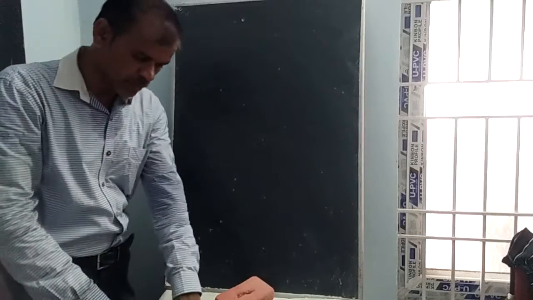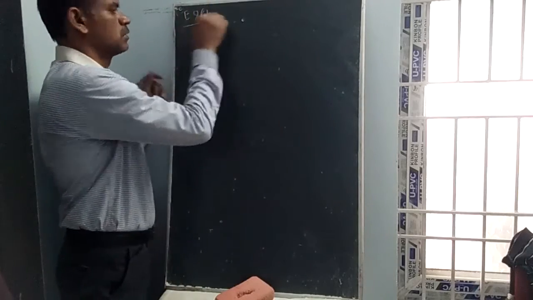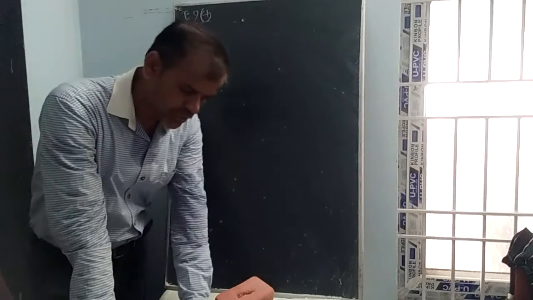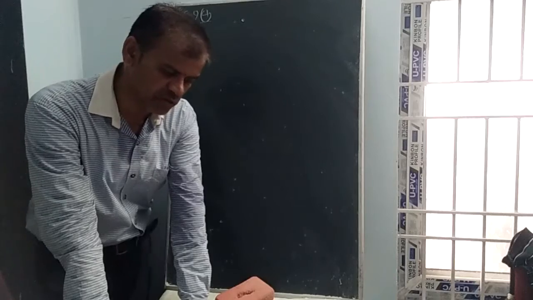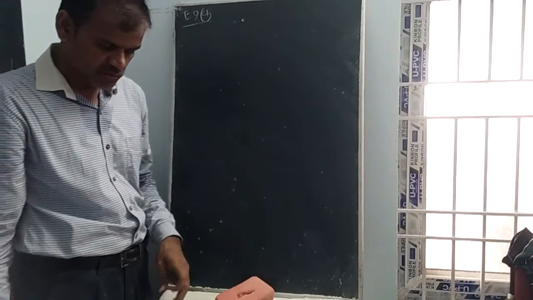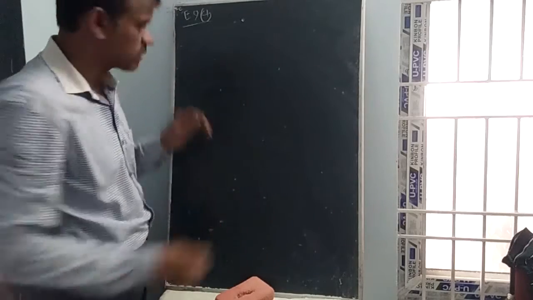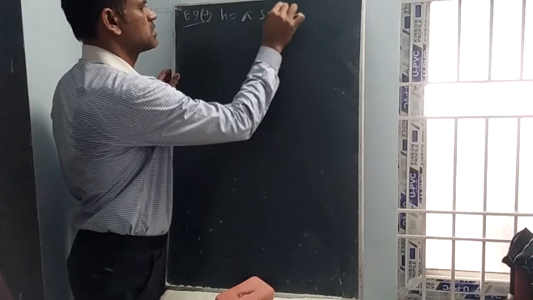Let us see worked example 4. At the foot of a mountain, the elevation of its summit is 45 degrees after ascending 100 meters towards. Okay, students, you do the sum. I am giving homework to you. The formula, already 2-3 sums we have done.